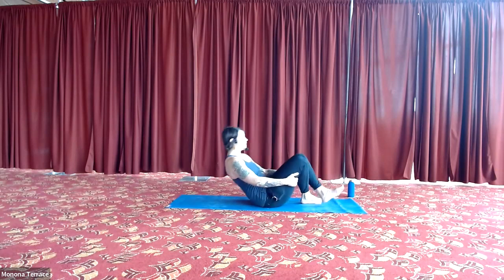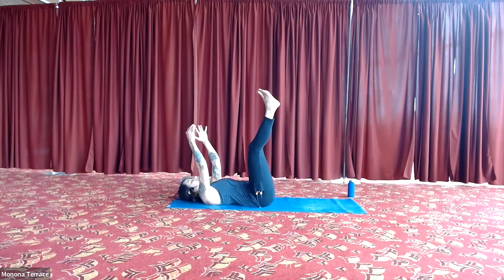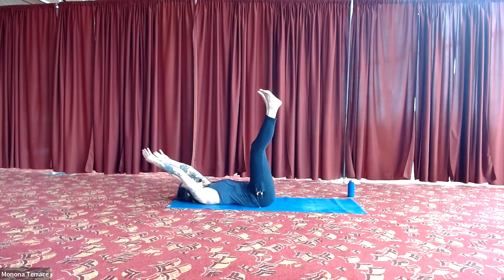Next time all your limbs are up towards the ceiling, pause. I'm going to challenge ourselves. Check in with your back: head, shoulders, ribs, hips, spine. Try not to let your spine pop up, okay? Keep that spine nice and heavy. Reach your arms overhead towards the wall behind you, like you're reaching and stretching through your armpits and your side body,